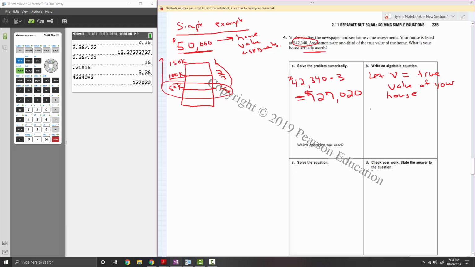So then the equation that we could come up with is 1/3 of my value is $42,340, right? And I forgot to answer this question. What operation was used? We used multiplication. Right? So then actually solving this equation, so just writing this equation down,